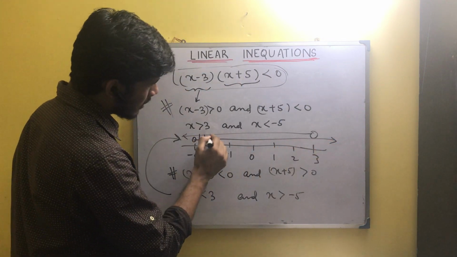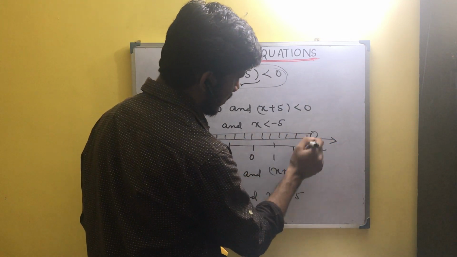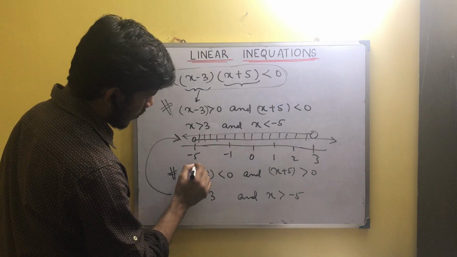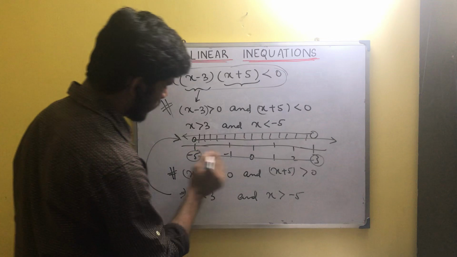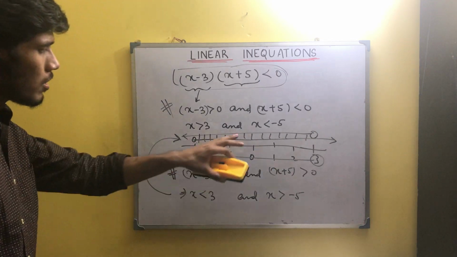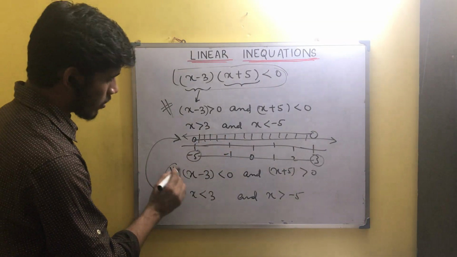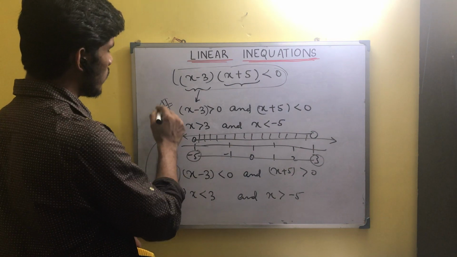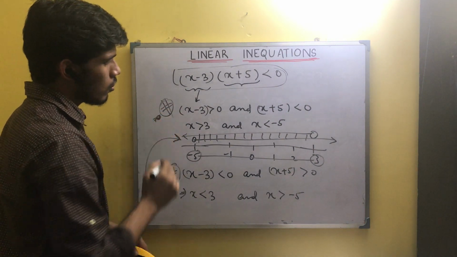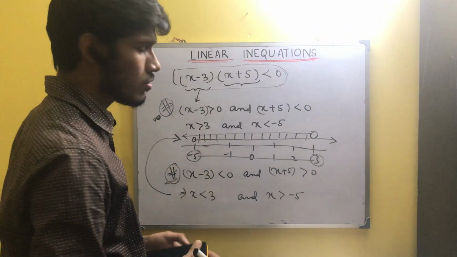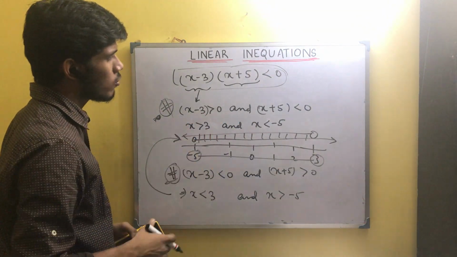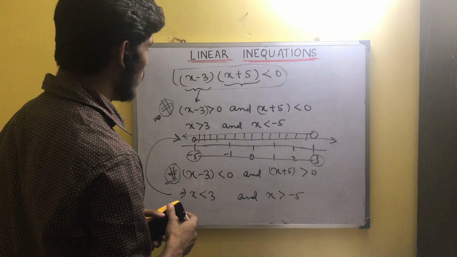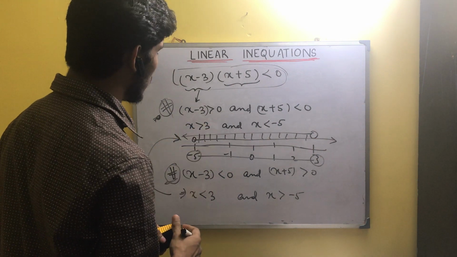Now all these are the possible answers, isn't it? So my final answer will be from minus 5 to 3, excluding both. Okay, so this is the possible answer. So from the second equation we have got an answer, but from the first one we get no answer. So you need to solve both of these, because you don't know whether this can give you an answer or not. When you solve, only then will you get to know whether any answer is possible or not.